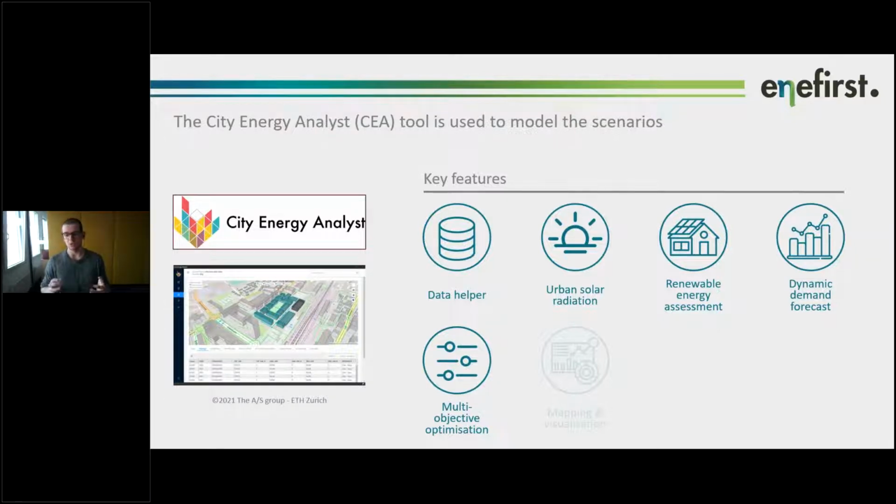So overall, what the model computes is not a single overall optimum, but a set of feasible solutions along a line of possible system configurations. I will be showing in two slides, I think, what this means in practice. Finally, there's a mapping and visualization tool that I will also briefly show. The CEA contains open source libraries in Python to automate graphs and time series data, and we will be taking advantage of that in the following.